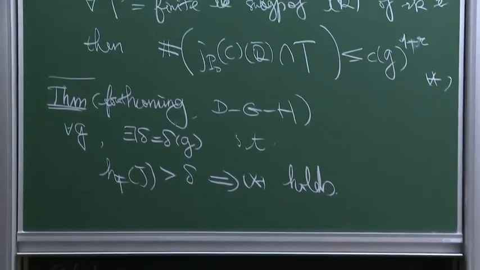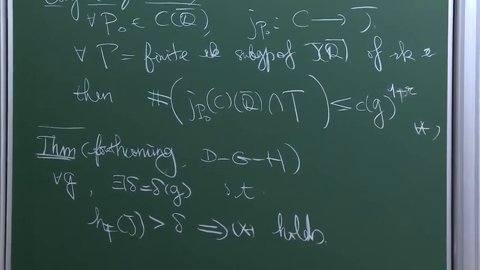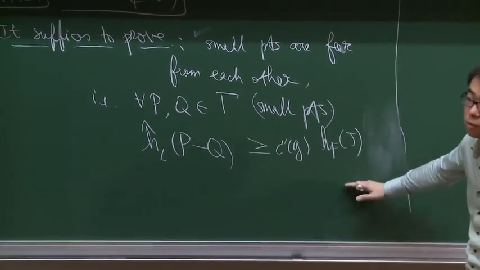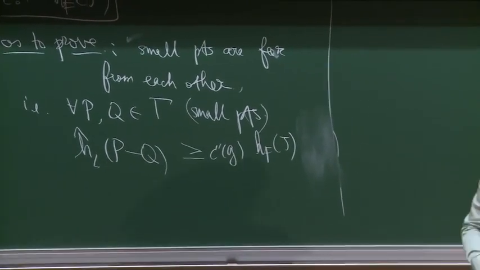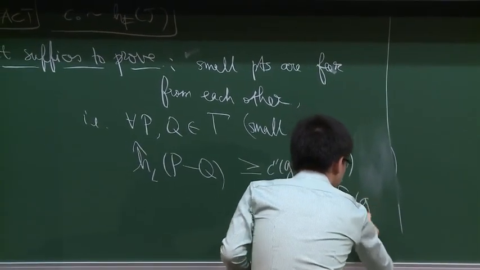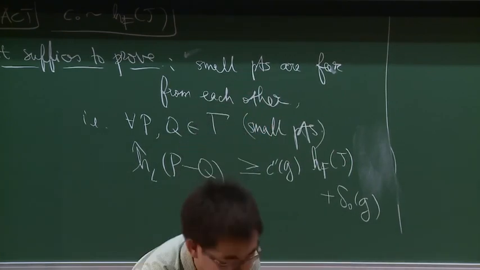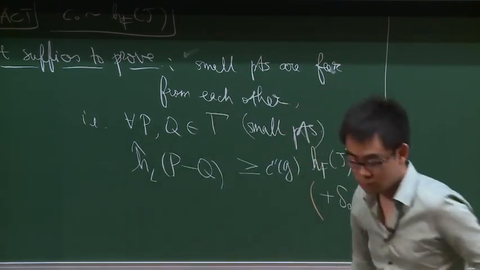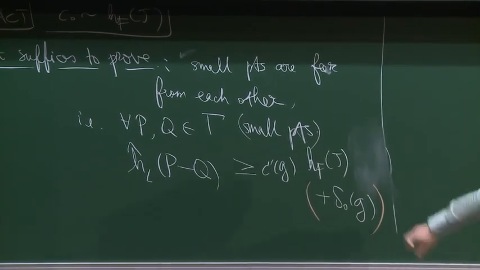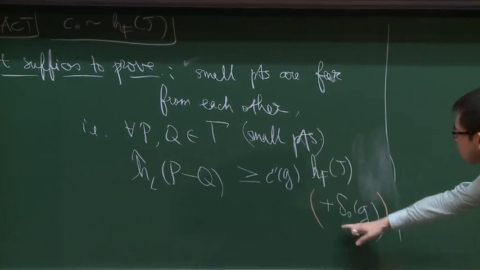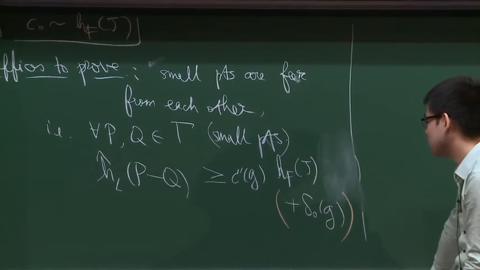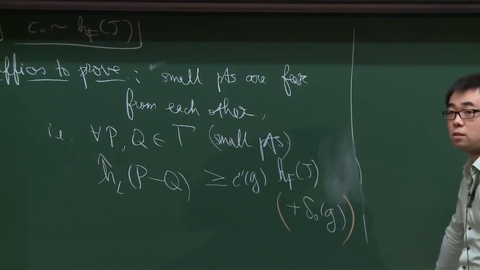Okay. I'm sorry, what is the remainder? It's just a number depending only on g. This is what we can prove, but actually if we can prove without this term, then we prove the full Mazur's conjecture in its full form. Everything is positive here? Everything is positive, but this may be negative. This is the problem. This is the reason why you're limited. Otherwise, you would have a bound.